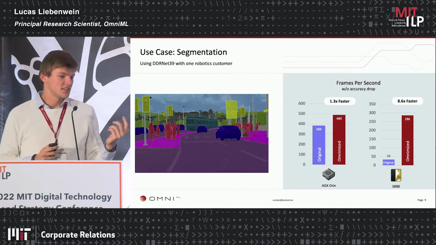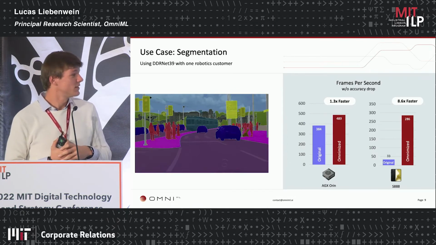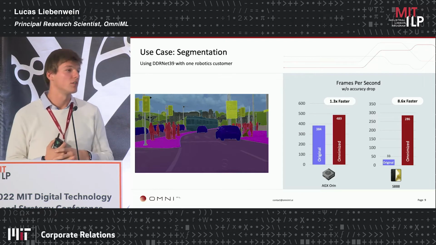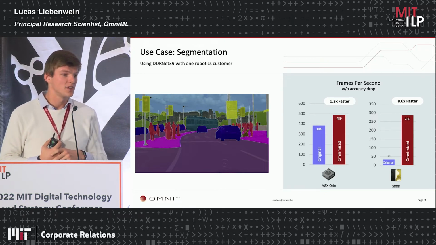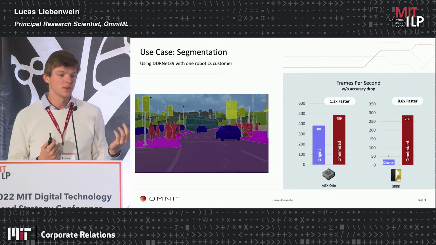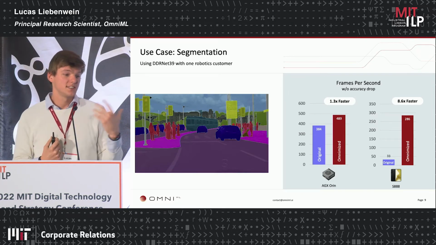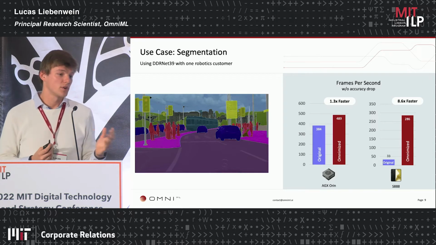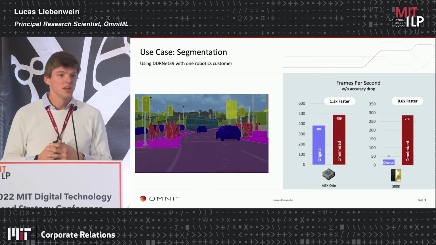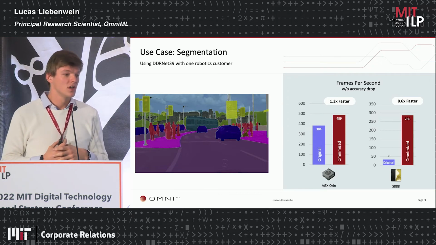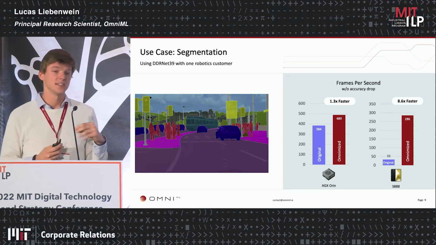All of that is not just a vision, but we have already worked extensively with different customers across different industries. This is an example of where we worked with a robotics customer working on computer vision. We achieved up to 8-9 times speed up on their existing hardware for their machine learning workloads without any drop in accuracy. In that particular instance, I'm showing an image of using image segmentation, so trying to understand different objects in the environment.